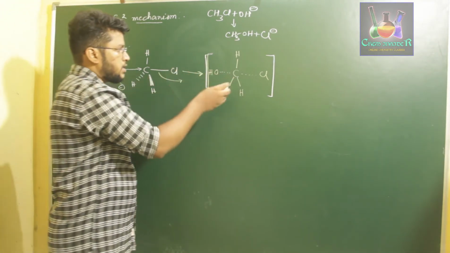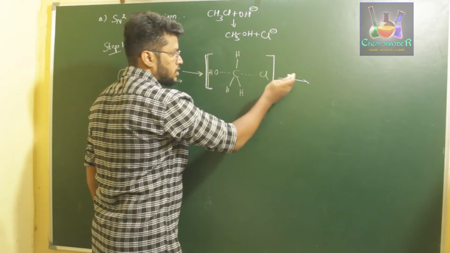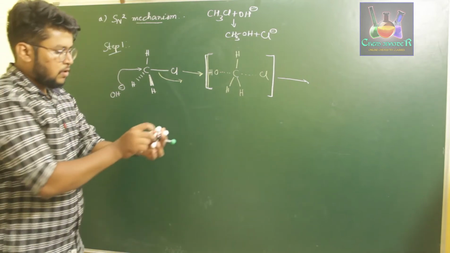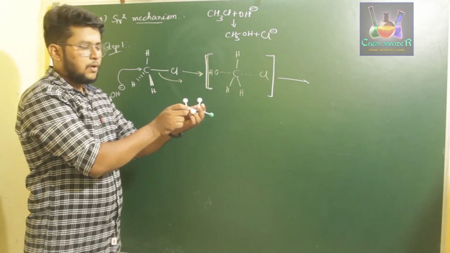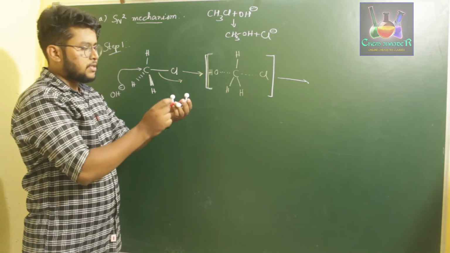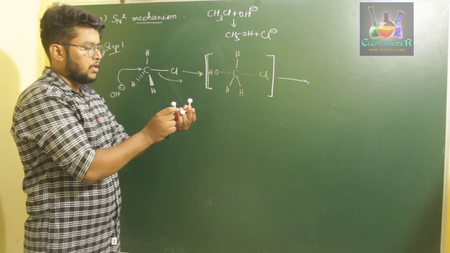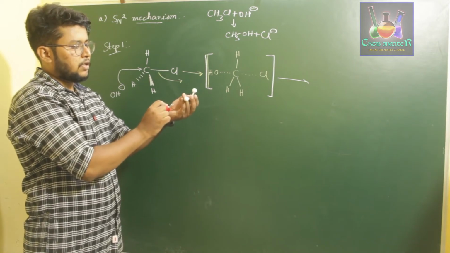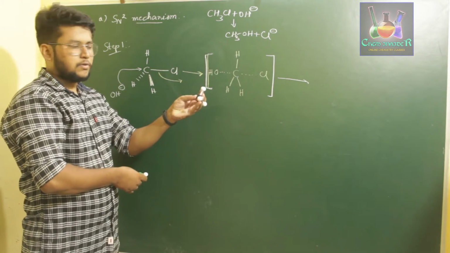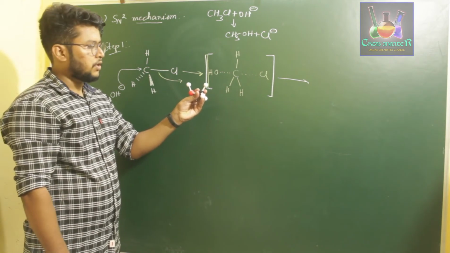Once it is completely done, we create a bond between carbon and OH and remove the Cl minus. Once the OH minus starts to fit in, the Cl minus leaves the reaction. Then these 3 hydrogens take a direction away from the nucleophile. Instead of like this, it will be the reverse of this. I'm just rotating to show that this is moving to the other side. So this will be like this. Now OH is already bonded with our carbon atom, and this is how the reaction takes place.